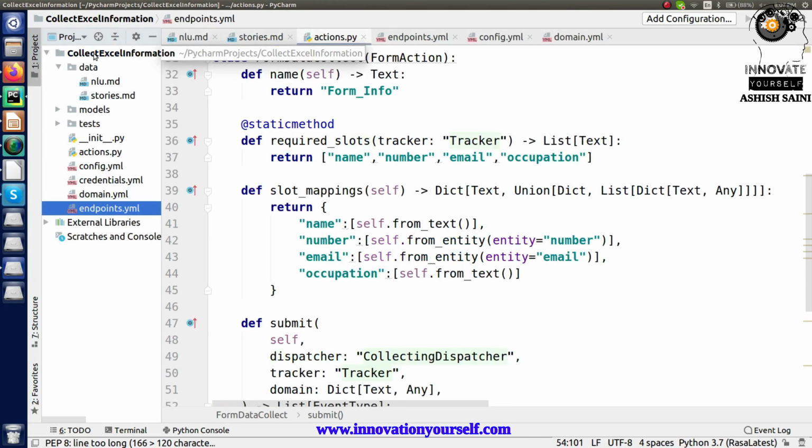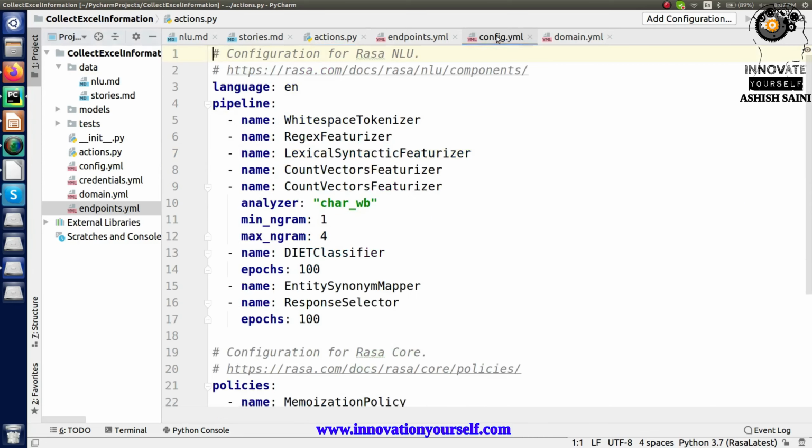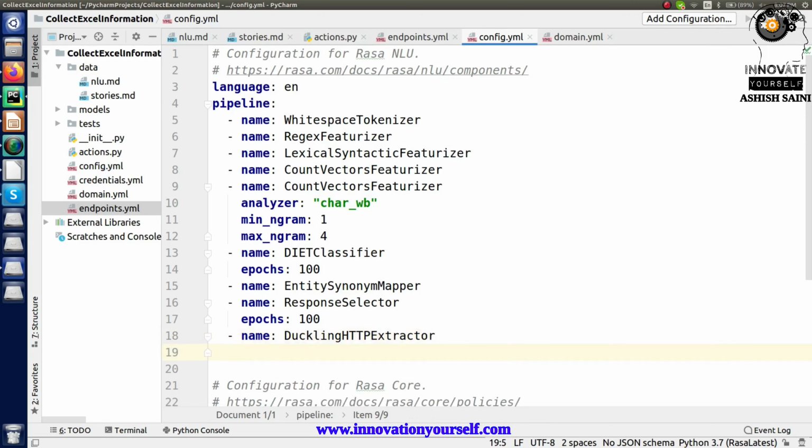And before doing that, let me finish this part first, because we have to collect the information for number and email, right? So for that, you have to extract these values, and we are going to extract them based on duckling, right? So for that, you have to go to the config file first. Into that configuration file you will be adding the name, and that name is HTTP extractor, right? So the duckling HTTP extractor, which I have added in here. And based on that, you also have to add the other dimensions, and before that you have to add the